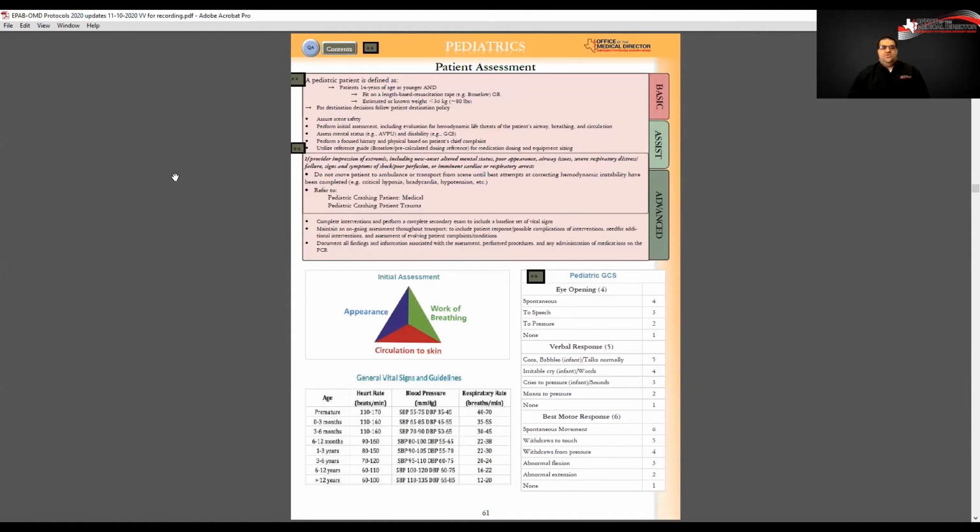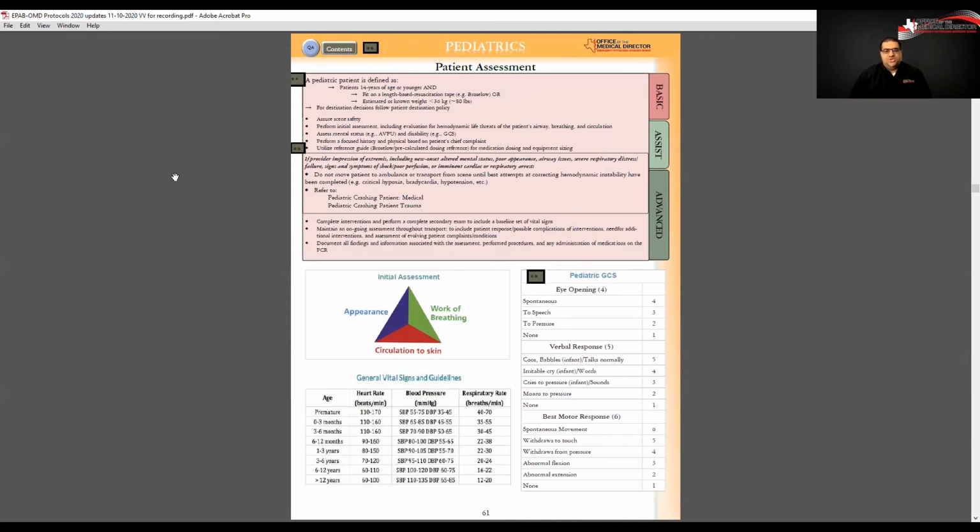We've also added a pointed reference to using a reference guide, whether it's a length-based resuscitation tape like a Broselow tape, or, one of the things we'll be rolling out over the next few months, the protocol app that most of you use, called PPP Provider in the app world. It will soon be updated to include a couple of things. The hyperlinks will start being real, and it will also have a pediatric dosing guide. You'll be able to click on each drug, put in the weight of the patient, and it'll give you all of the doses based on our dosing scheme. Hopefully that will help with our pediatric dosing in the future. So make sure you use a reference guide as we